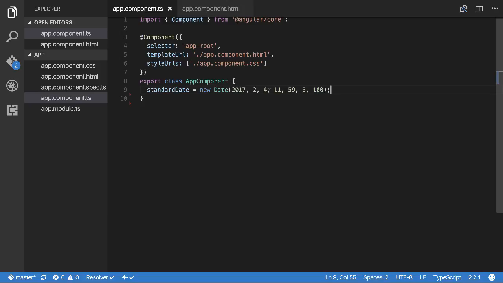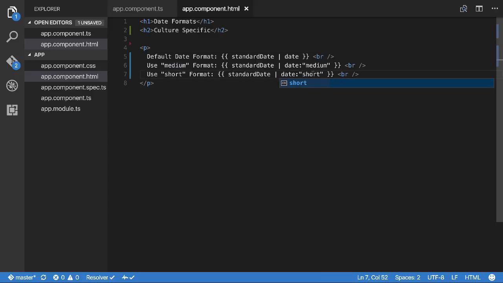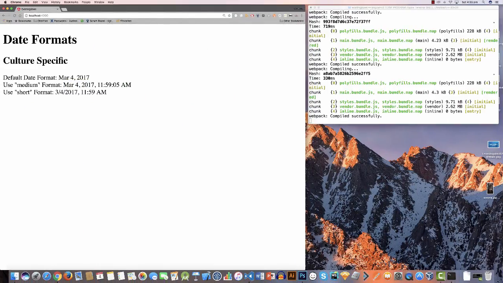It's not going to do any conversion or anything like that, because I'm just using a new date object straight out of the box. If you want to know more about how it converts to different regions and time zones and stuff, I could do an advanced video on that. But for the moment, I just want to talk about date formats. Next one, well, they're all pretty similar from here. So there's a short format, like so. So type short and save,